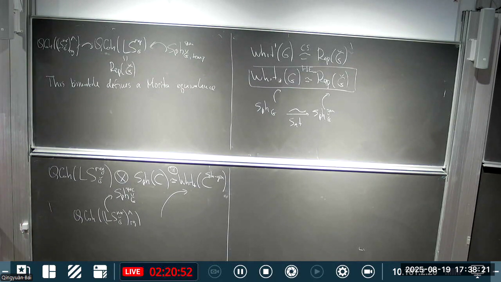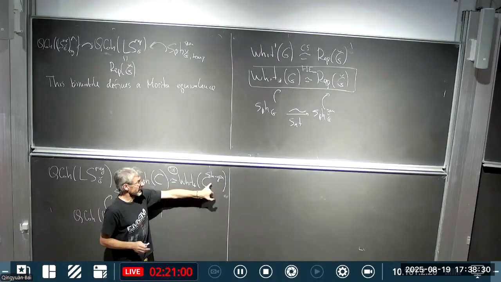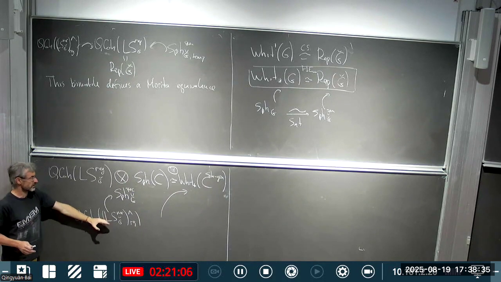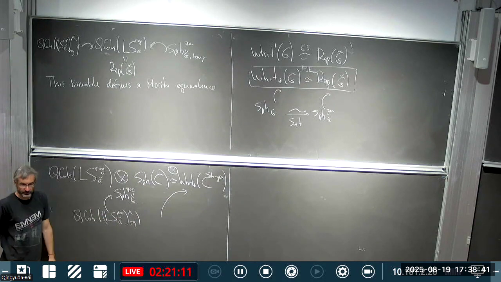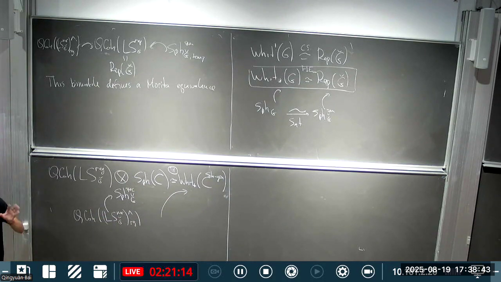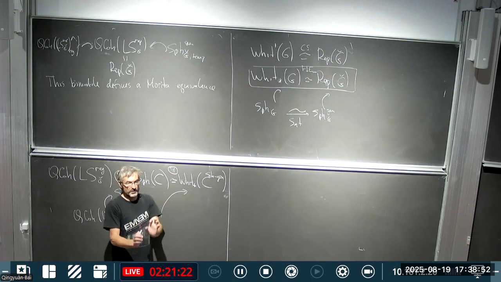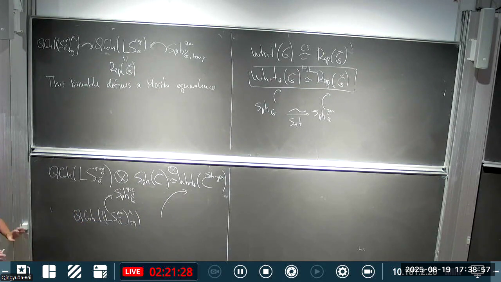Let me say out loud that we expect much more. You could take just an arbitrary category acted on by LG. If you take its Whittaker category, we expect it to be acted on by QCoh of Loc_G meromorphic, the entire thing, not just the formal completion. We don't know how to do it at the moment. That is one of the big conjectures of the local Langlands theory, but we can prove a small part. The small part is that you take not your initial category, but the spherically generated part, and instead of the entire Loc_G meromorphic that we don't understand, we have the formal completion at the regular locus acting.